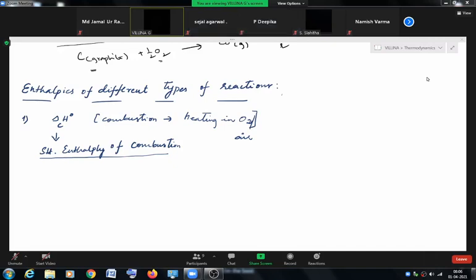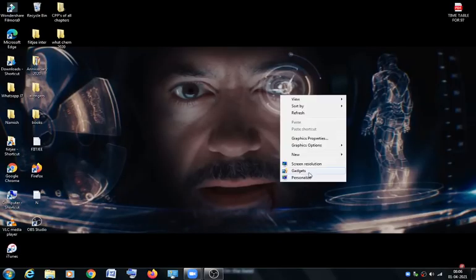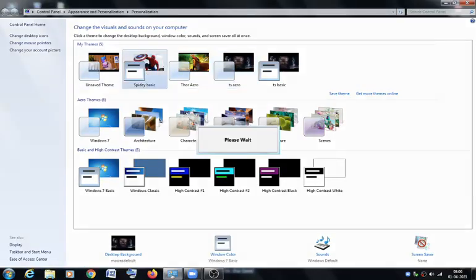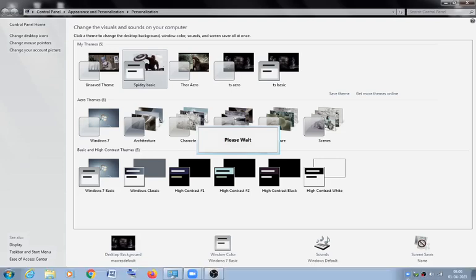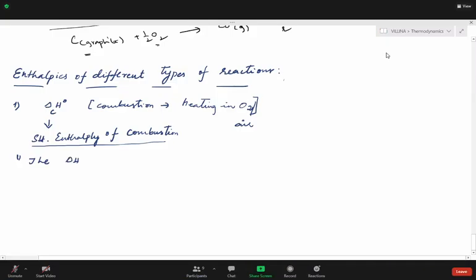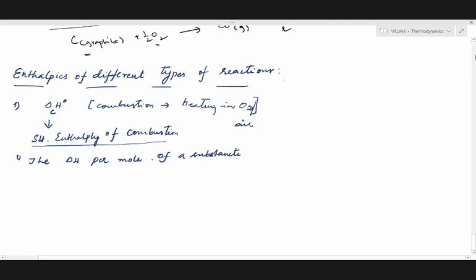Involved will be taken to be standard enthalpy of combustion. So the statement is something like this. Standard enthalpy of combustion is defined as the enthalpy change, the delta H value associated per mole or per unit amount of a substance, which we are allowing to burn, when it undergoes combustion,